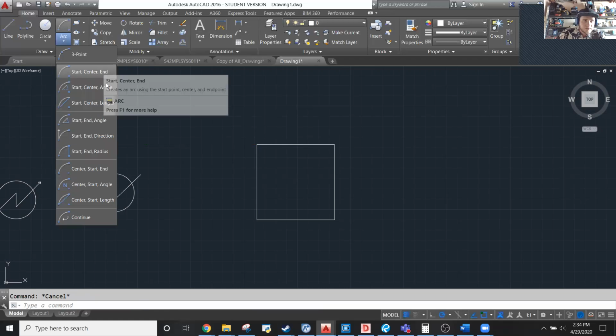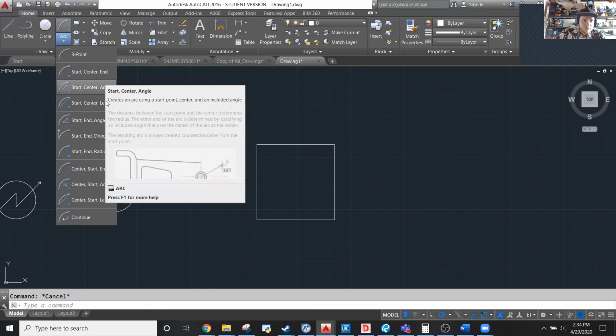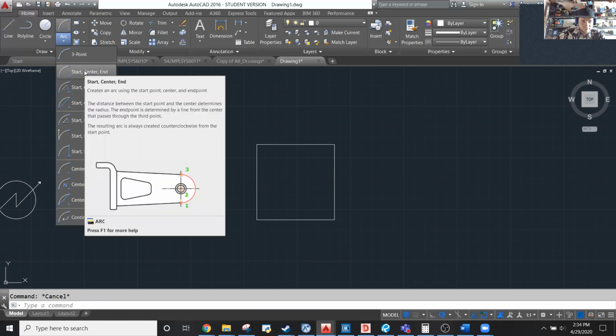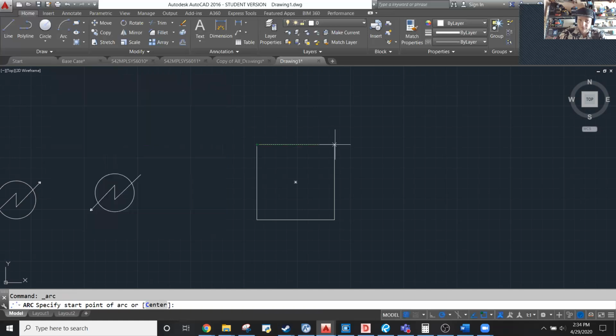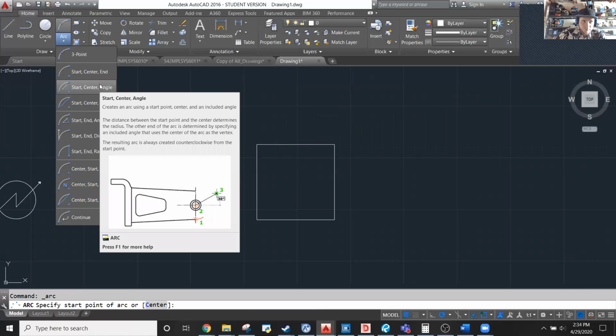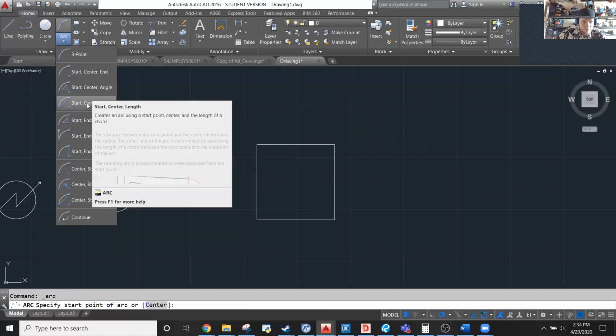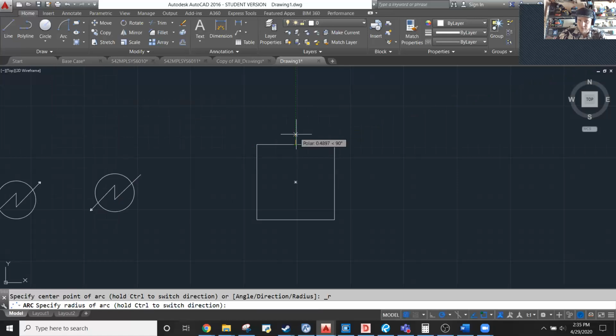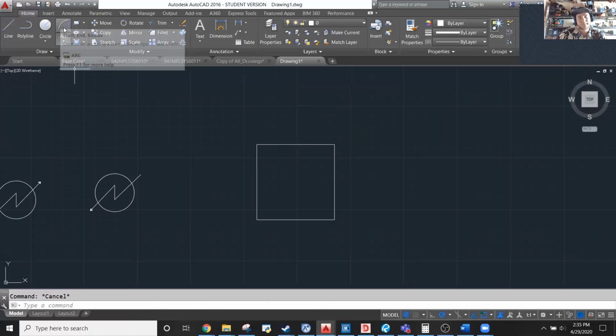Did I get the wrong thing? Try that. You know what? I'm going to try it from the opposite side. So I'm going to go start, center. There we go. Okay, that's the wrong one. Bear with me. I'm trying to remember. I thought that's what I used before. This is what I used before. Okay, so you go